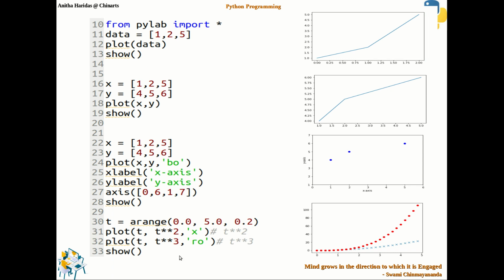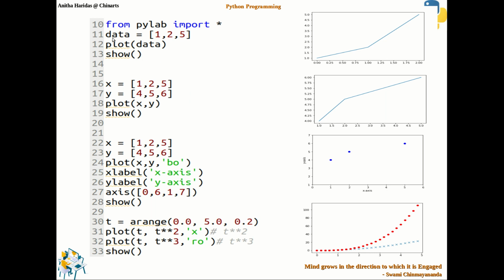So this was the program we had seen, and I had also shown you that instead of importing pyplot from Matplotlib, I can also use this kind of importing. Just by saying from pylab import star, it will import all the functions that are available in Matplotlib, in which pylab is one of the libraries. From this library you can import all the functions, so that I can directly make use of plot, show, etc. without giving any other object name. So that is one of the advantages of using pylab.